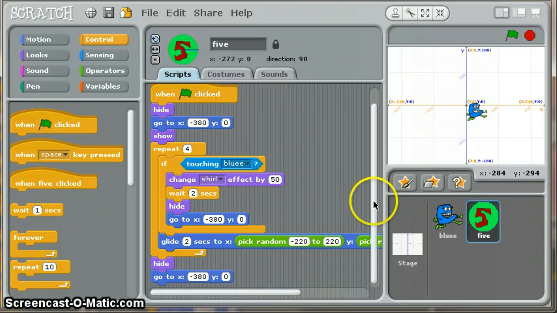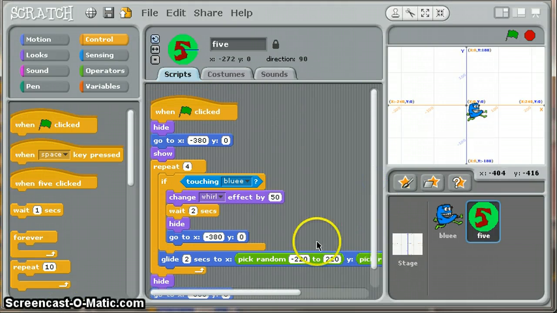Okay, so we're improving this code, which at the moment, if we basically work through it, so the number 5 hides off stage, so it goes over here, it then shows, it then repeats all of this, which is covered by the repeat block 4 times, and basically the only thing it's repeating is this gliding to various XY locations. And while it's repeating, it checks to see whether